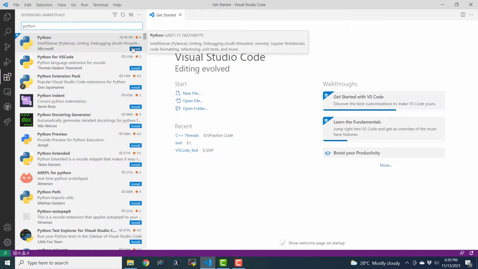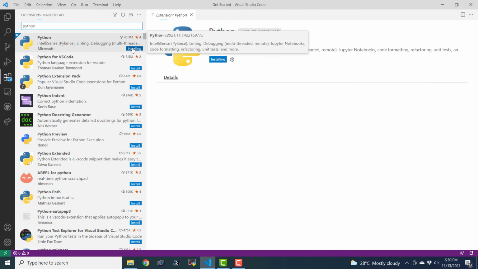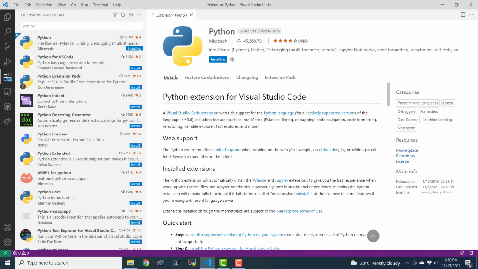So I'm just going to go ahead and click install, and let us see what happens. Once it finishes the installation, the label here might read installed or something, because that's how it works in the extensions of various IDEs.